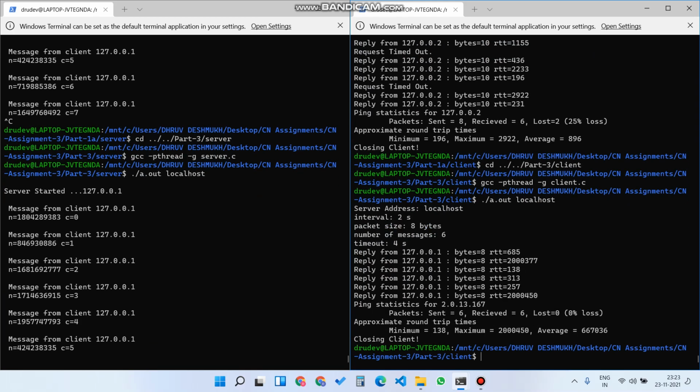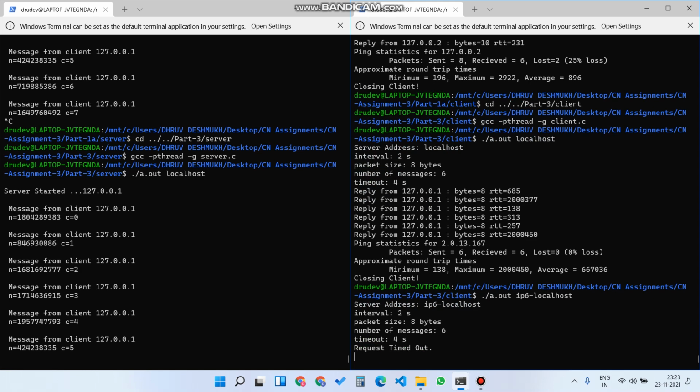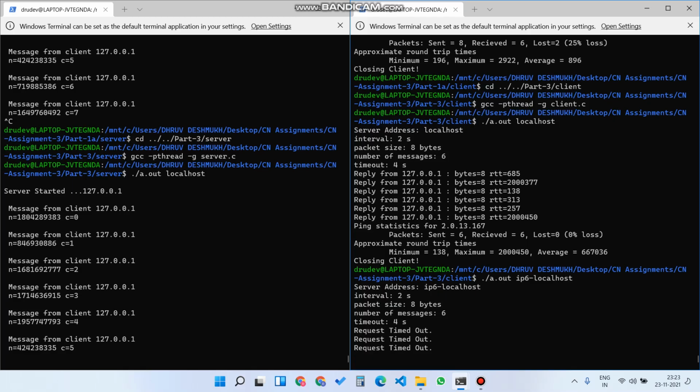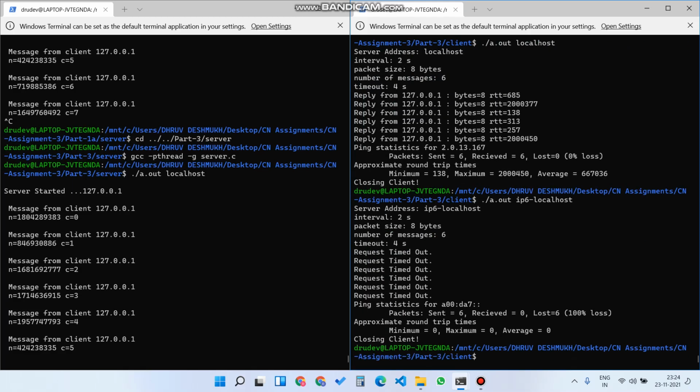Okay, but now if I try to run it at IP6, it will work, but it will give timeout, request timeout. This is obvious because the server is hosted at the localhost, that is 127.0.0.1, while this is the IPv6 localhost, which is a different one. Hence, it will show request timeout. Now, similarly,